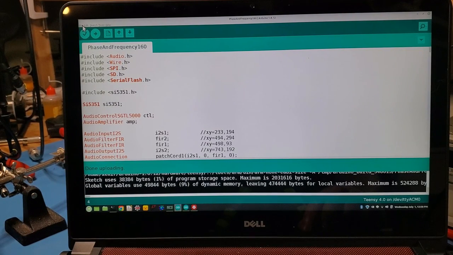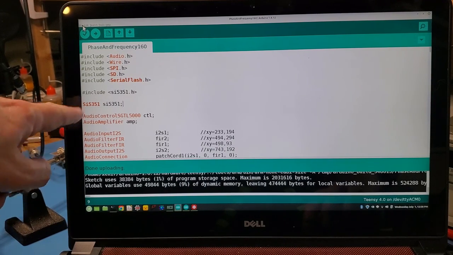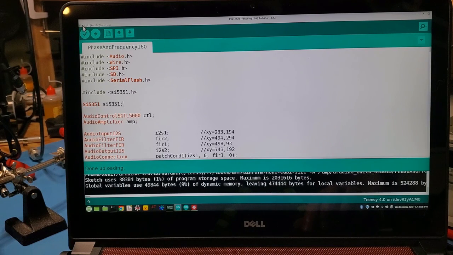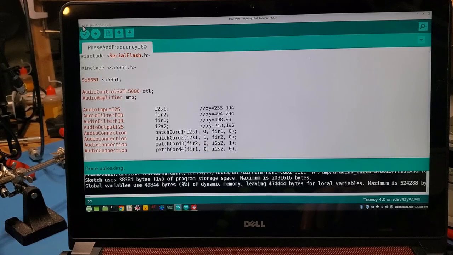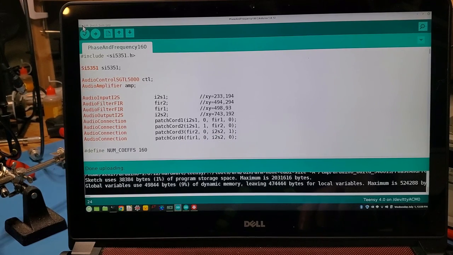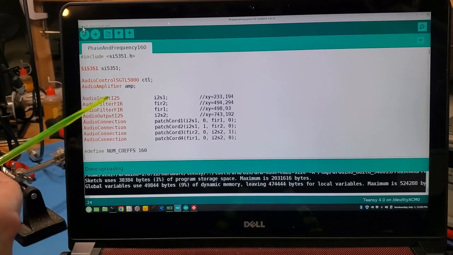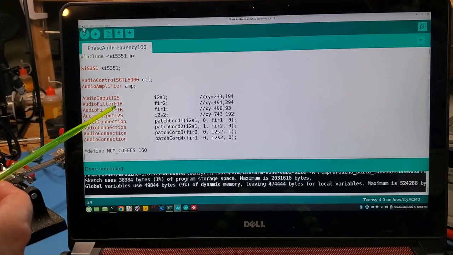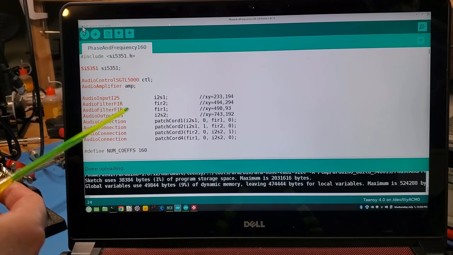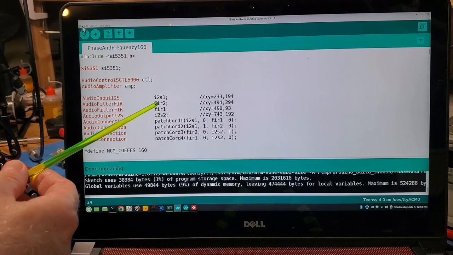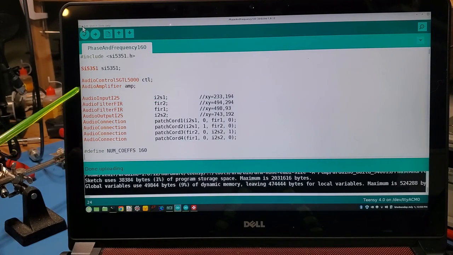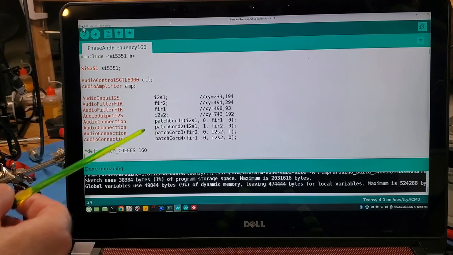So here's the Arduino software from before. I've modified this a little bit to add the SI5351, because I want to actually use a double balanced mixer to see the effect of this. This setup is from before, where I define an audio input and audio output. I've defined 2 FIR filters, one to do the plus 45 Hilbert transform, one to do the minus 45 Hilbert transform. And then I use this patch cord